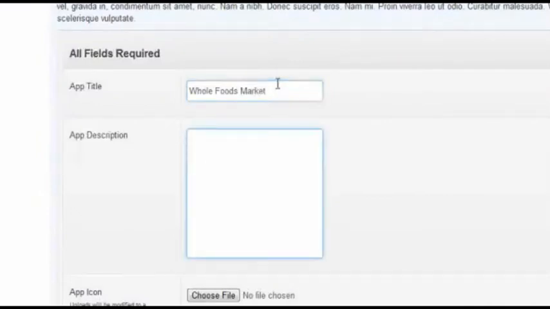Okay, app description. I'm just going to fill in some general information. All about Whole Foods Market and healthy eating and living. Download this app to